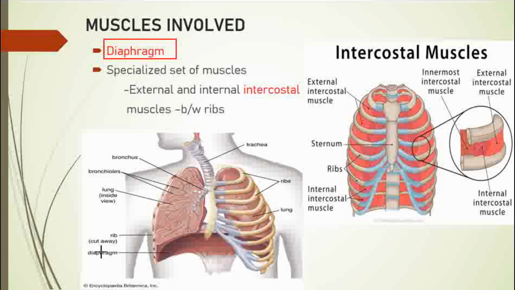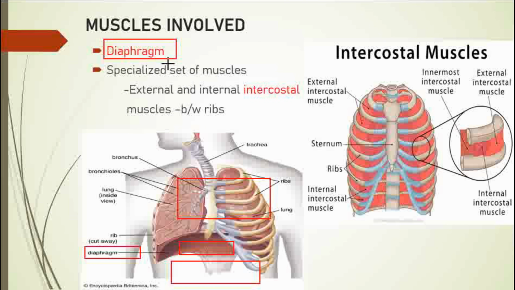The diaphragm is dome shaped. Here you can see it, that is the diaphragm. It is a dome-shaped, muscular and membranous structure. It separates the thoracic region, that is the chest region, and the abdominal cavity. Between these two we have the diaphragm. In mammals, at the place separating these two cavities, you have this diaphragm. This is the major muscle for breathing.